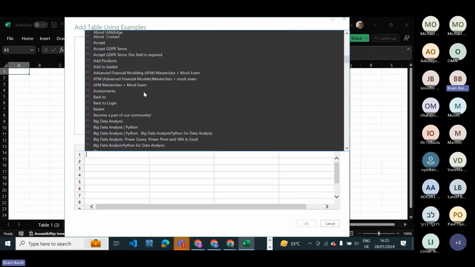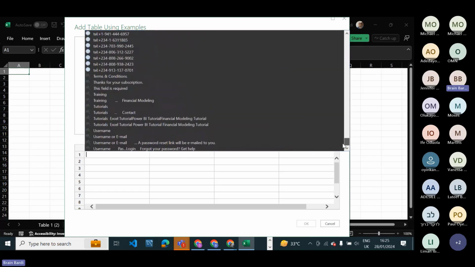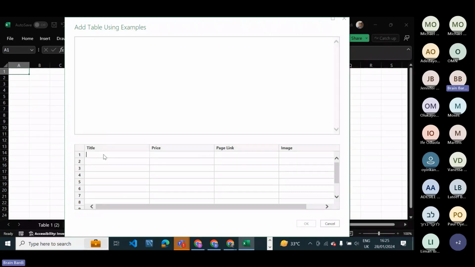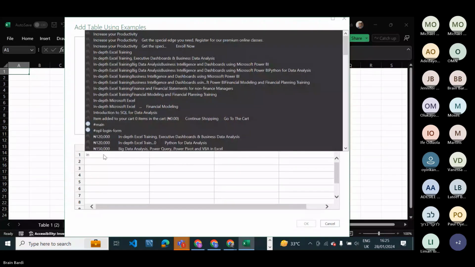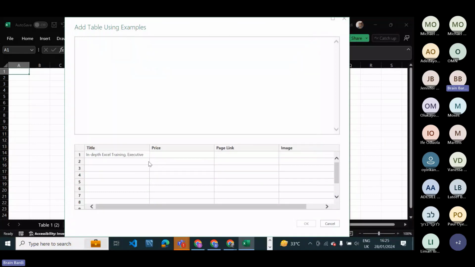We cannot go through the list by checking them one by one because the list is very long. So we are just going to type it. That's why we looked at the name, In-Depth. The second one here is In-Depth Excel Training, Executive Dashboard and Business Data Analysis. I'm just going to double click on that.